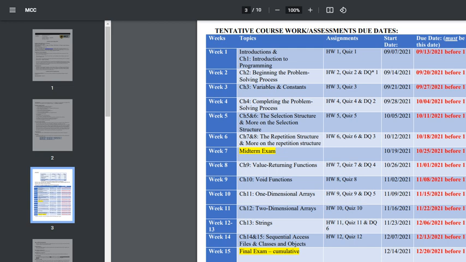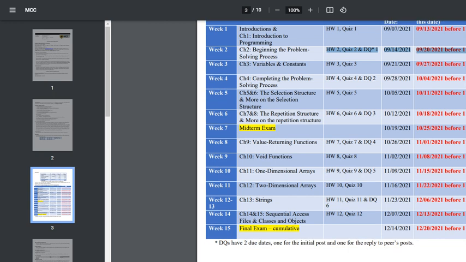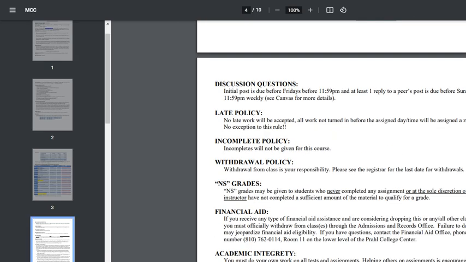You'll have your DQ. I'm hoping to assign discussion question 1 in week 2, and the discussion question has 2 parts. Part 1 is you answering the initial questions that I assigned you. There's no right or wrong answer as long as you provide them and follow the minimum requirements, which is 1 paragraph per question, 5 to 7 full sentences. That's basically it. I'm not looking for a page, 2 pages, 3 pages.